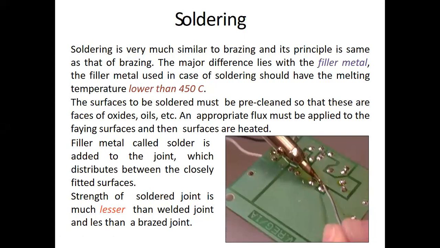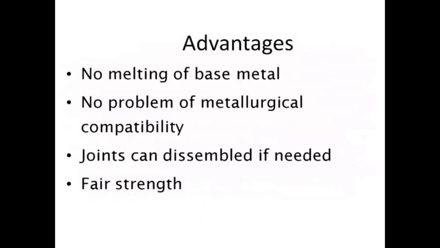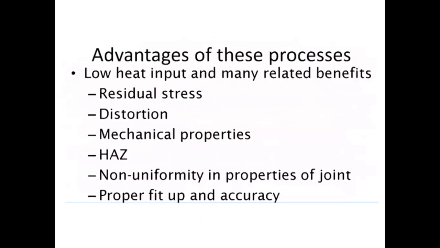So that zone is very less as you compare to other welding types we have seen, arc welding, etc. Because the temperature achieved there was high, therefore there was more conduction time for it to cool down, and that heat affected zone was large because of that more time and more temperature factor. But here, because the temperature is also less, the time is also less, therefore the heat affected zone will be less, right?